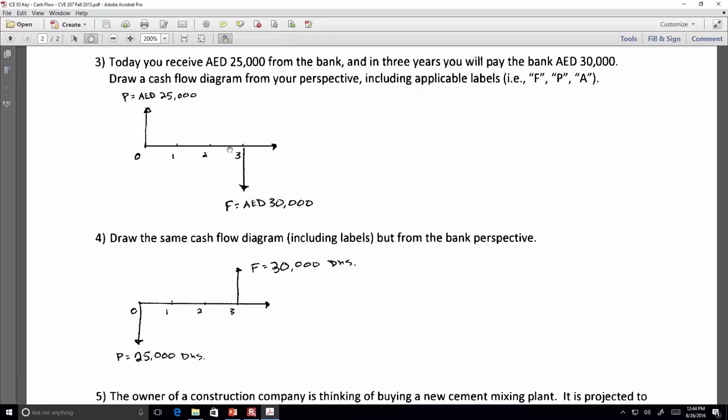So 3 and 4 are really just mirror images of one another because of the difference in perspective. As I circulated around, I think everybody picked up on that concept that if it's going to be an inflow from your perspective, then that means it's an outflow from the bank's perspective. If you're getting the money, they're giving it up. So that's why the line is up for problem 3 and down for problem 4. And then the clue that there's only a one-time payment is it says,